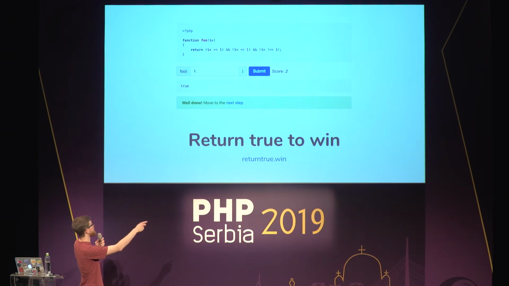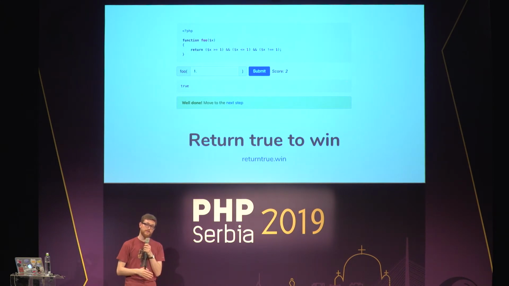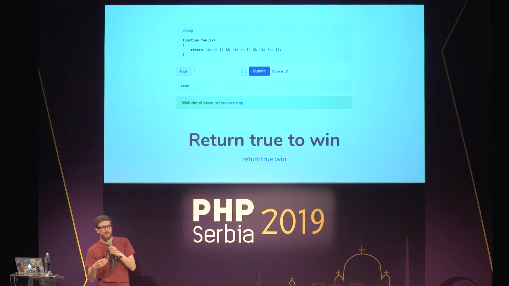I was building a website called returntrue.win, and it's basically a puzzle for PHP developers. You get a piece of PHP code, which usually looks really weird, and you have to invoke it with the parameter to make it return true. If it returns true, then you win, you can move to the next step.